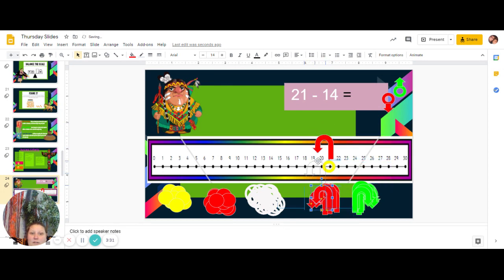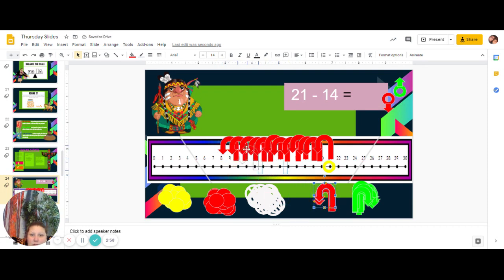So 1, 2, 3, 4, 5, 6, 7, 8, 9, 10, 11, 12, 13,